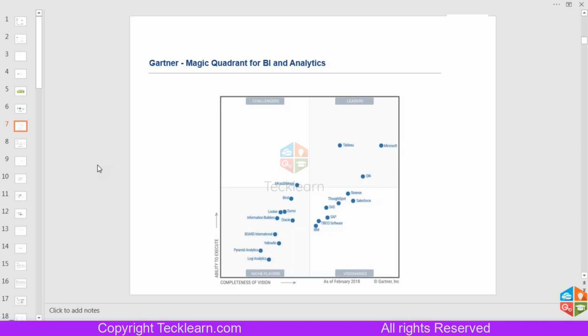So you can see the past experience that Tableau is giving to the client. With the help of that, they can easily understand that if it has been there for the last 6 years, we need to trust that product. So these are all the points that we have for backing Tableau as their main BI tool.